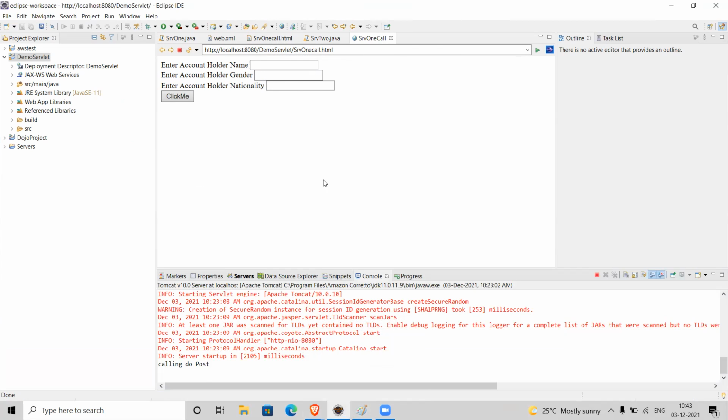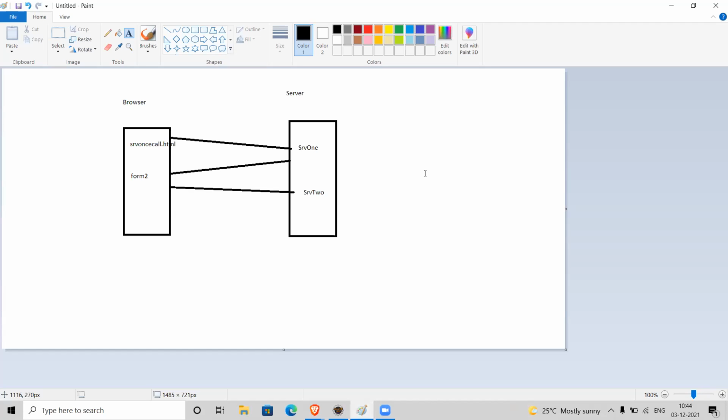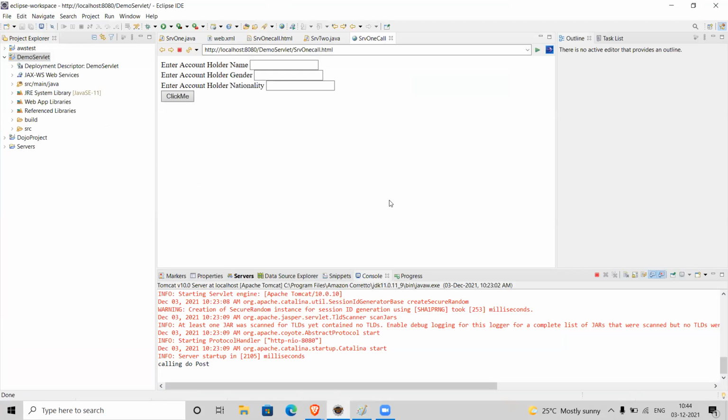As an alternative to hidden fields, Sun Microsystems implemented the cookies concept. A cookie is nothing but a piece of information that is set by the server and stored at the client side. Now we'll see how to use cookies in a servlet.